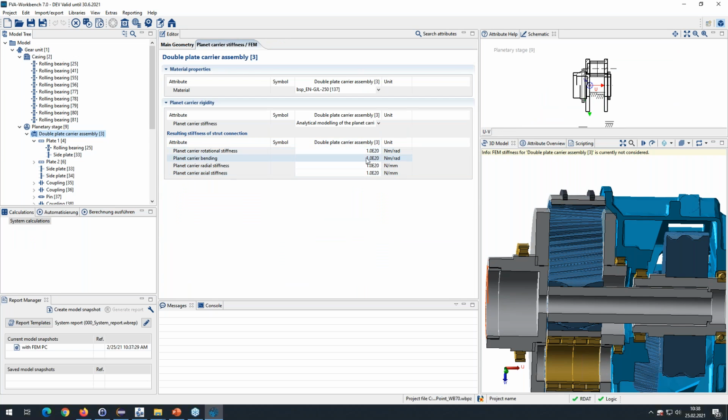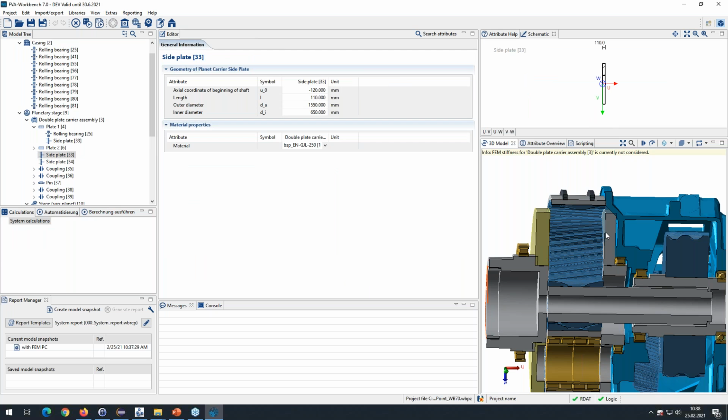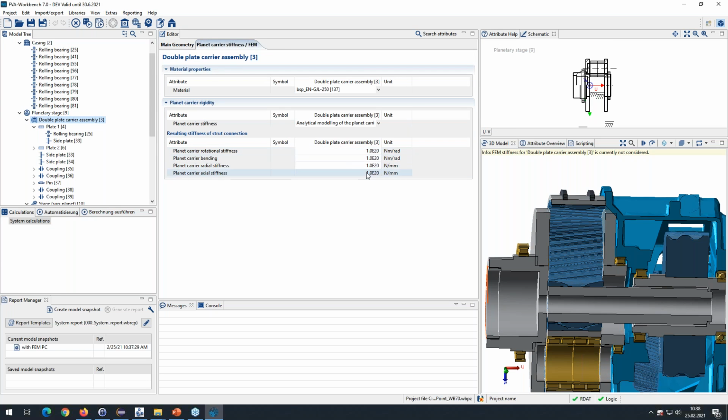Therefore, we have the stiffnesses. So in this case, I do not plug in more details. So we assume that these two side plates, the left and right one, are coupled fully rigid by having these large stiffness values here. So there would be the option to have rotational stiffness, bending, radial and axial stiffness between these two side plates, and this would be a surrogate model for the strut geometry. But now let's run